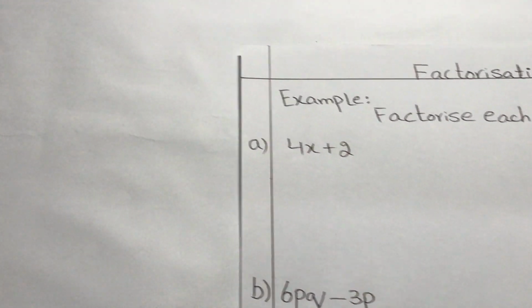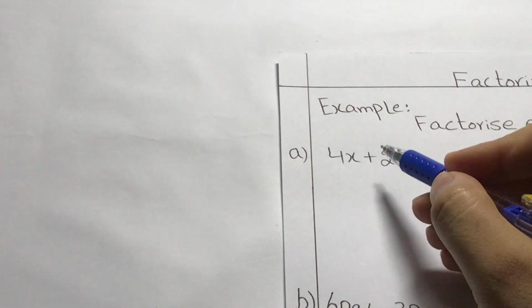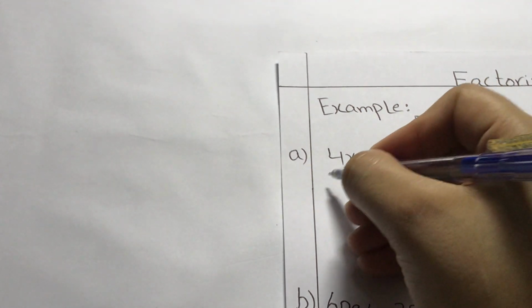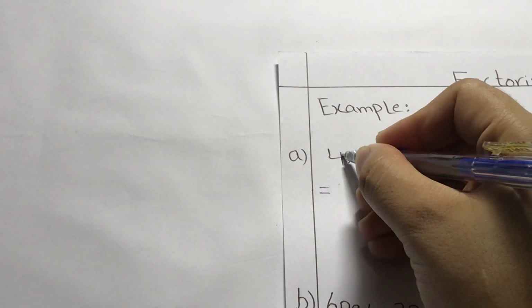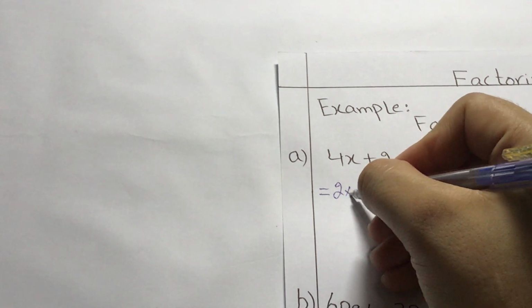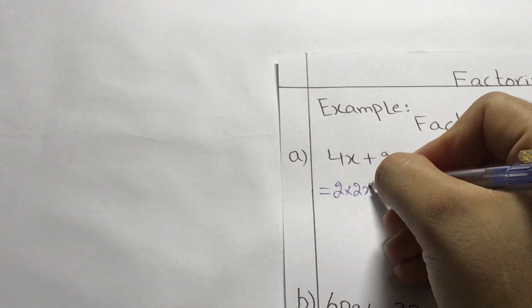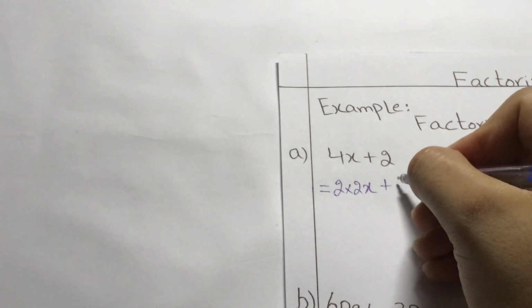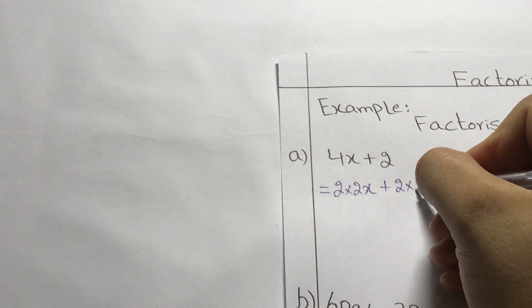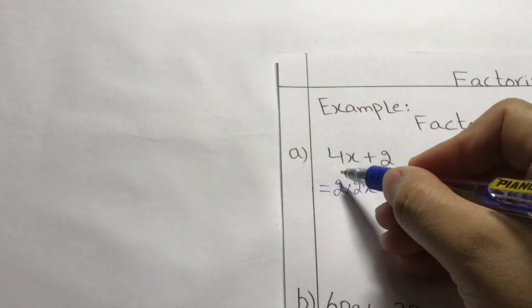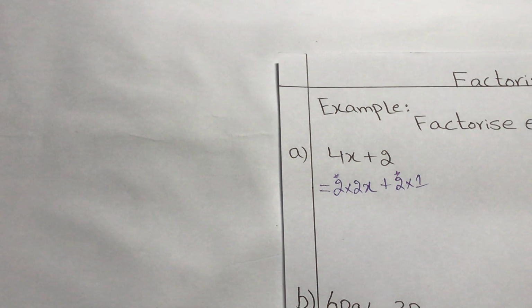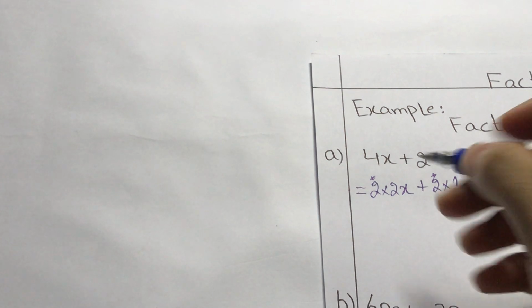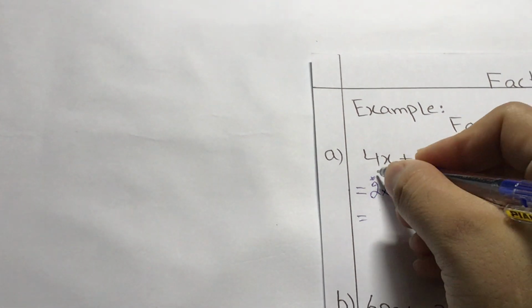So we will express this coefficient 4 and this constant 2 as the product of our common factor, that is 2. So you all know 2 2s are 4, and keep your variable, plus 2 1s are 2, right? Now your common factor is 2 here. What you have to do next, you have to write the common factor outside. You have to take the common factor outside, that is 2,